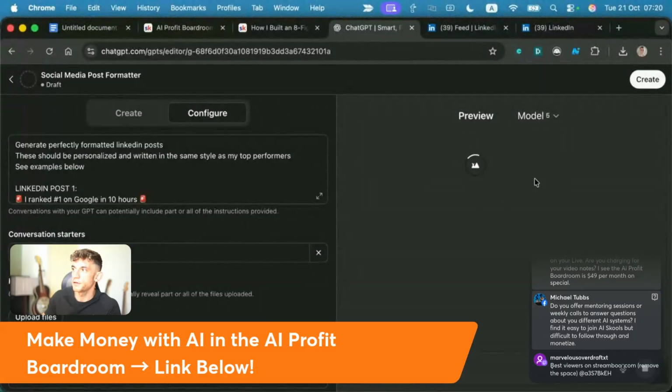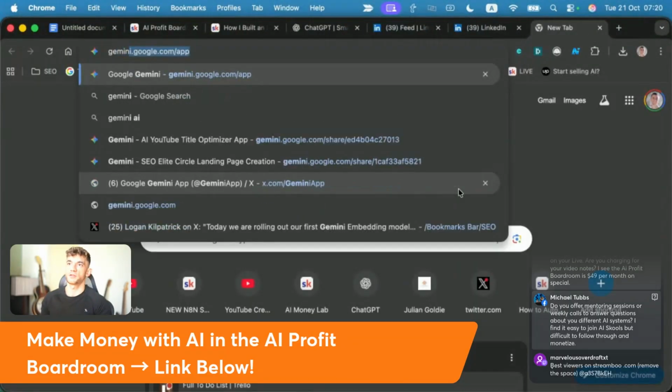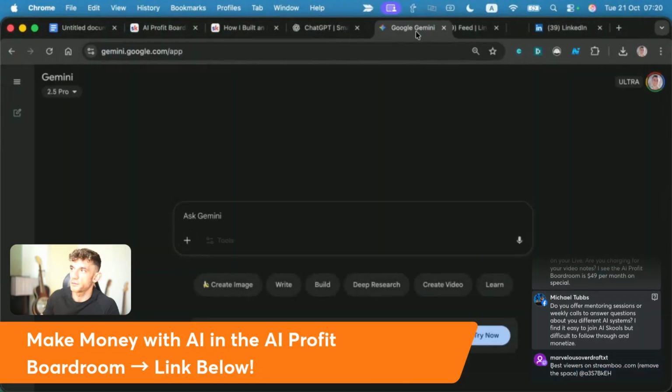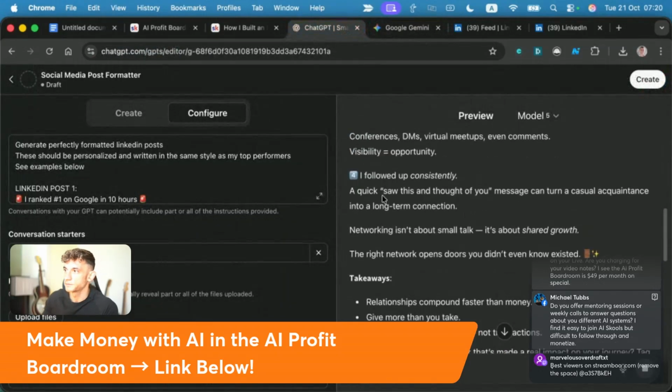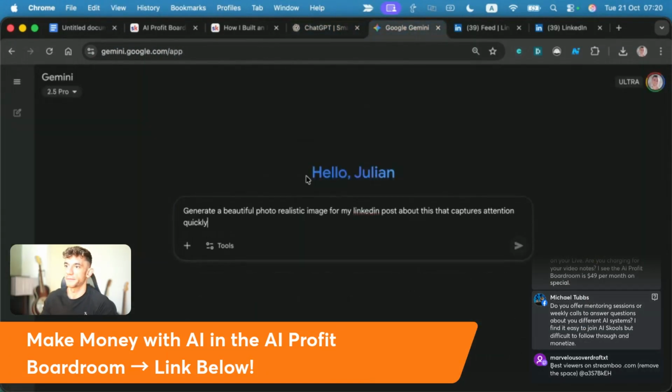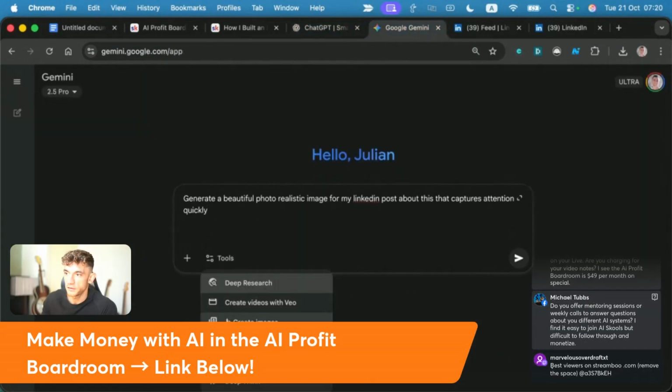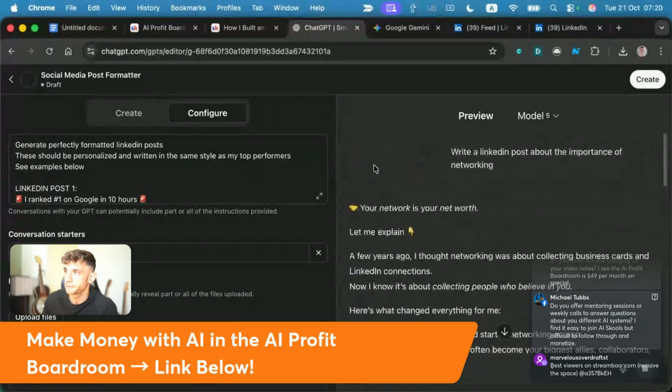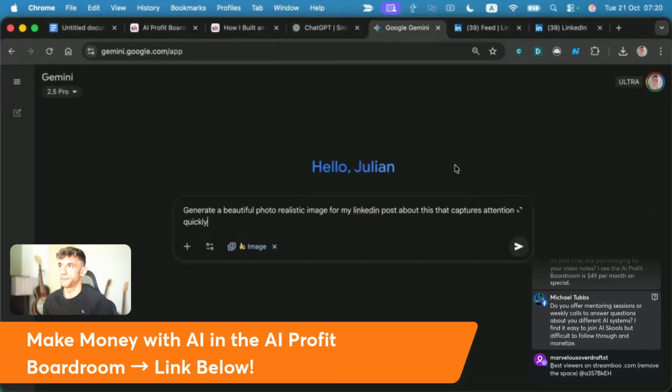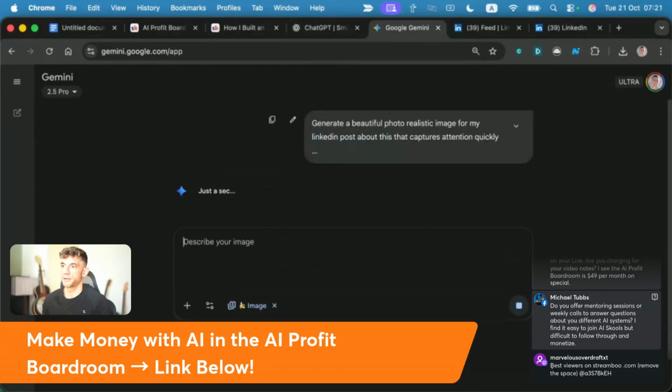I would actually prefer to use Nano Banana for this on Gemini. I think you'd get a much nicer image. But if you want to do it all inside the custom GPT, then I think you can as well. Right? Let me try and do the same thing here. We'll go to images, create images, take that, copy that, plug it in here. Boom.